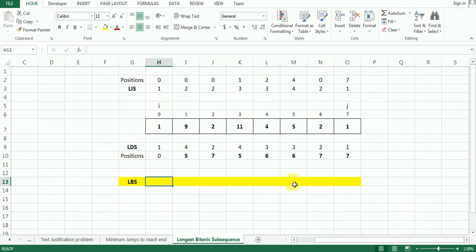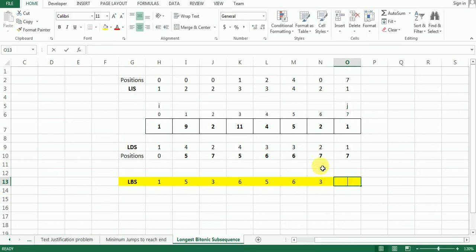So let's do that, and I'll tell you why we are subtracting 1 from these values. So 1 plus 1 is going to be 2, minus 1, it is going to be 1. Then 2 plus 4 is 6, minus 1, 5. All right, this is going to be 2 plus 2, 4, and 3. It is going to be 6. Okay, this is going to be 5. All right, this is going to be 6. Okay, this is going to be 3, and this is going to be 1.